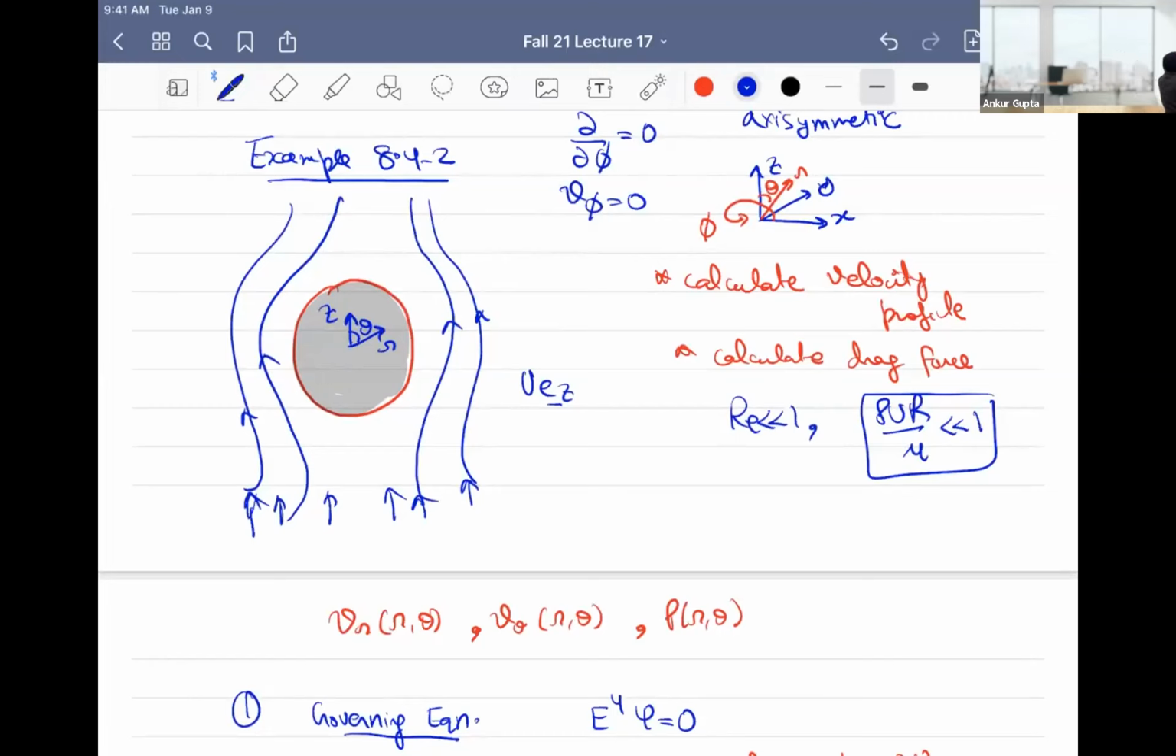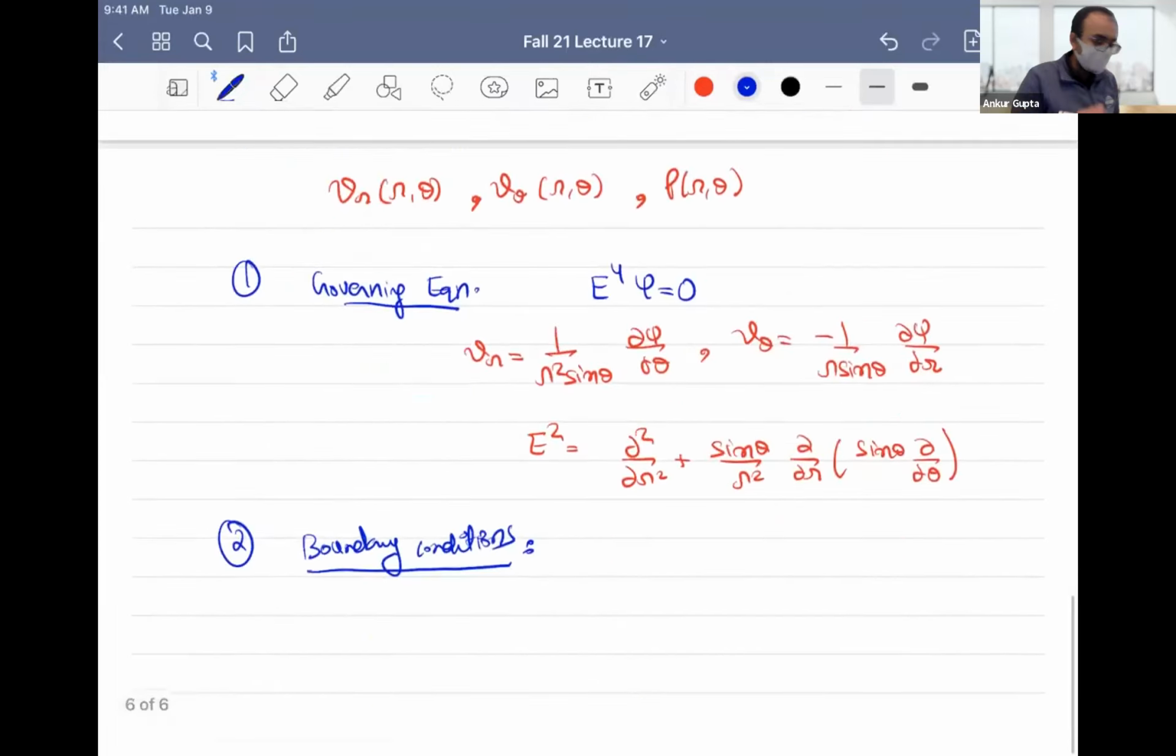No slip and no penetration, because nothing will go into the surface. It's not a porous material, right? So no slip and no penetration condition. So we'll say that, and the velocity far away. Let's first do the no slip and no penetration, that V_r at r comma theta is equal to 0 and V theta at r comma theta